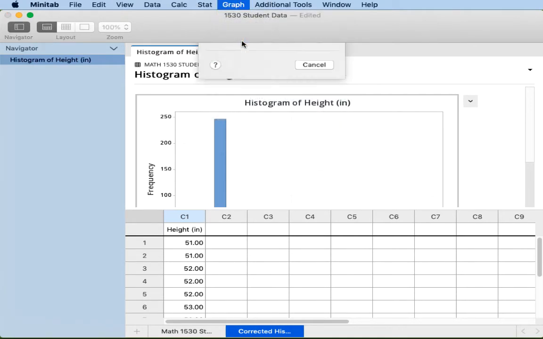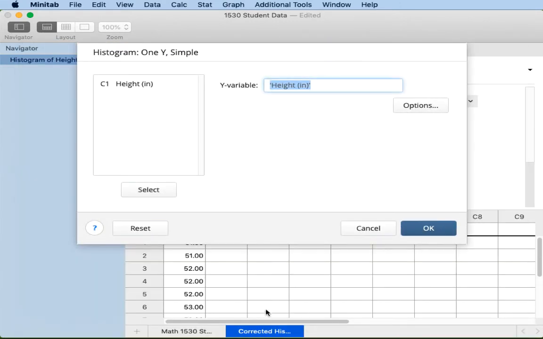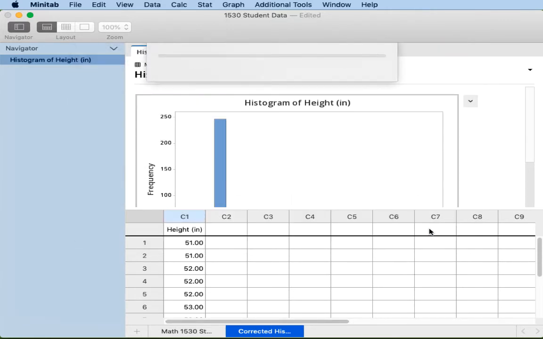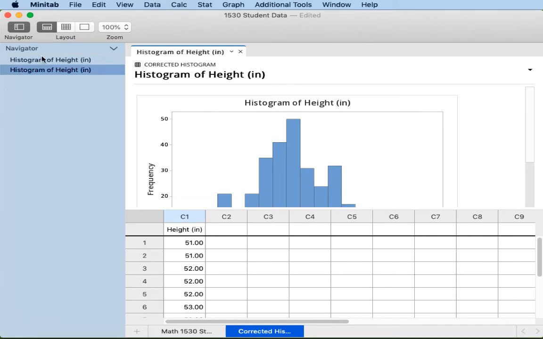So histogram, simple, and make sure, guys, it is this corrected histogram we're only looking at, and that is why only one height is being shown. Remember, whenever you're working on one worksheet, it will only take up the variables which are present in that. By default, it's already there. We don't have to do anything. So when we click OK, now remember,